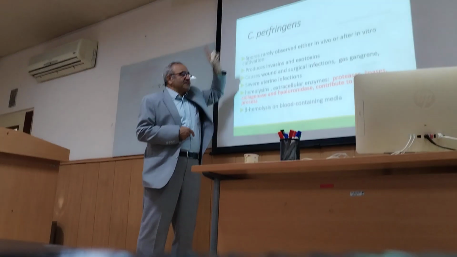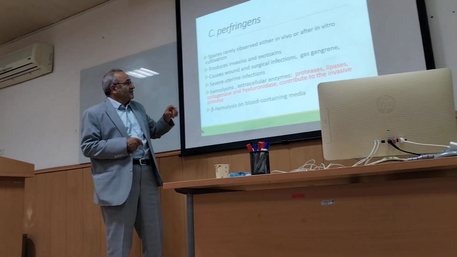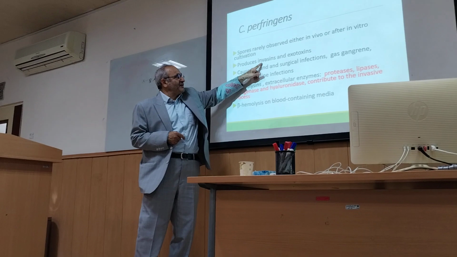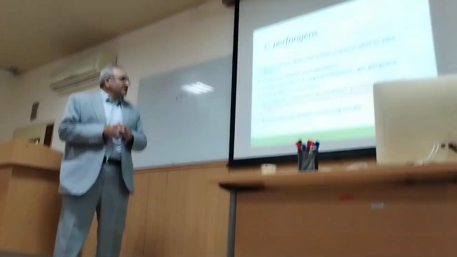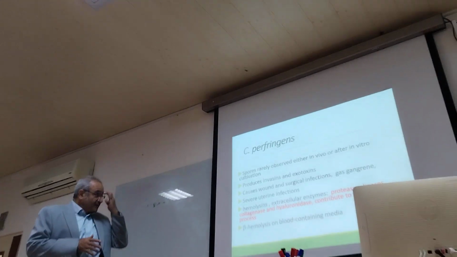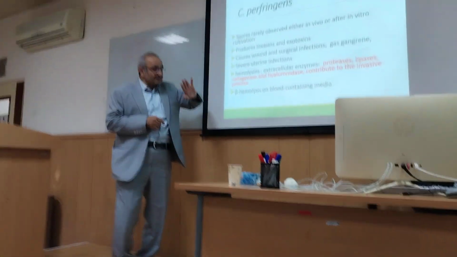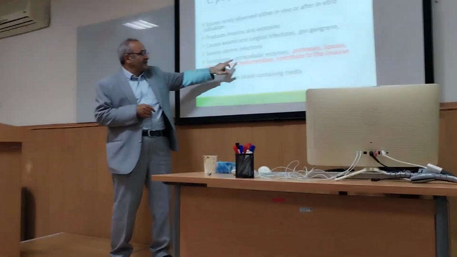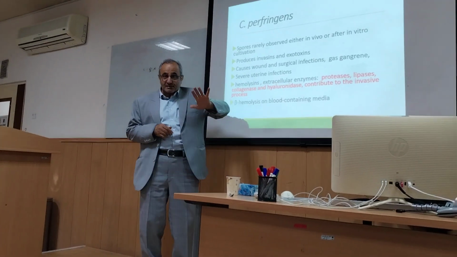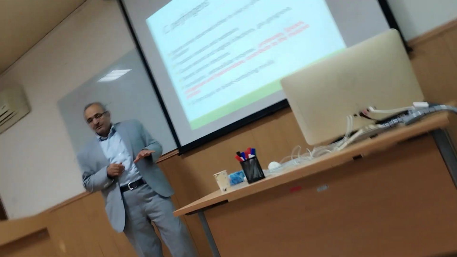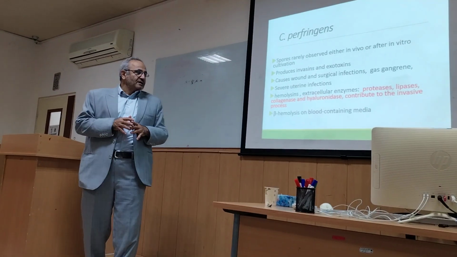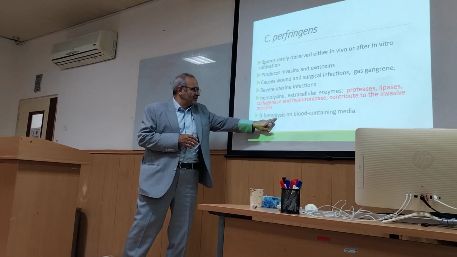This organism is rich in production of various toxins, exotoxins. These toxins are invasins. This is histotoxin. If you read the red line here, you can see the toxins, hemolysins, and extracellular enzymes, which are toxins, such as proteases, lipases, collagenase, hyaluronidase. So they cause this histotoxic effect, and they cause beta hemolysis on the